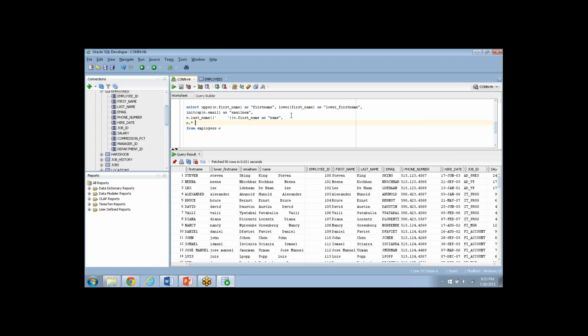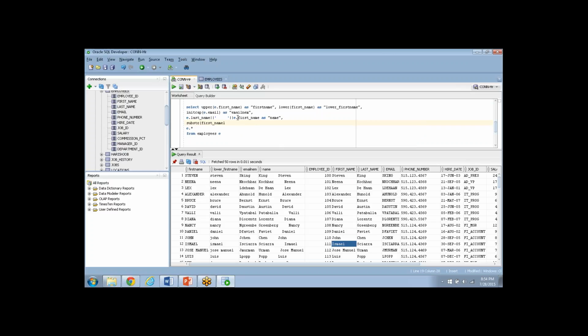One more important thing I want to show you is the substring. This is also something we use most of the time. I have my first name, like Steven, but for some reason I have been asked to display only the first three characters. So I just want to get only the first three characters of my first name on my whole list. Basically, you write a substring function. Substring is basically trimming at a certain level. So substring of first name,